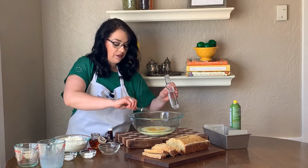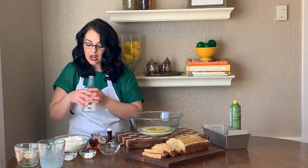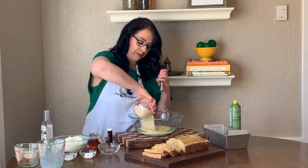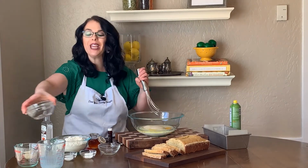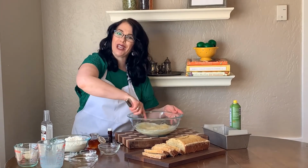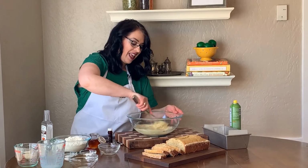Once you have all of these wet ingredients in, you're going to stir it up and add 1 1/4 cups of sugar, just plain granulated sugar. So I'm going to mix this together, make sure that those egg yolks get incorporated,